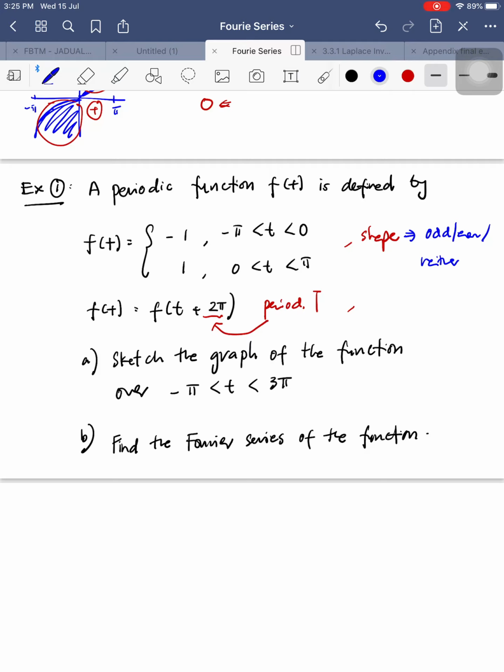Alright, so now for A, first we're going to sketch the graph in order to identify the shape. So the purpose is to identify the shape, and after we have identified the shape, we're going to start with the calculation and find the Fourier series. Okay, now let's start sketching. First of all, have a look at the interval. Here it has been given in the question. The interval is going to be from negative pi until 3 pi. Of course, every single time, the interval